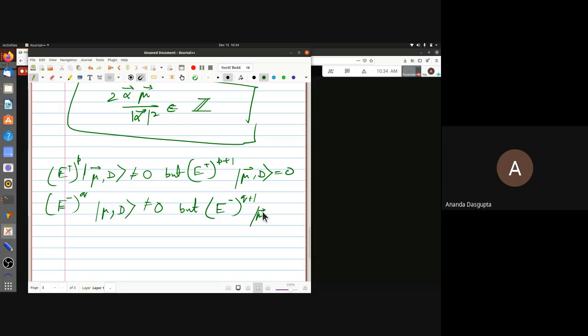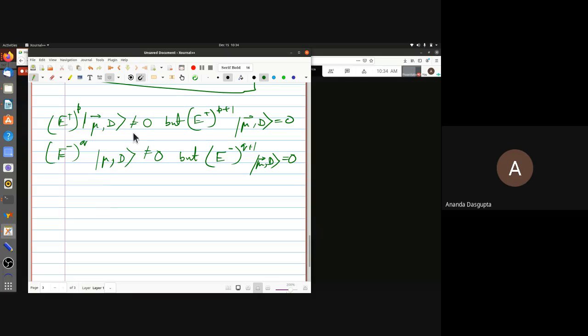You try shifting it q plus 1 times, you end up with 0. And this immediately tells me that the E3 eigenvalues for this state and this state you can immediately calculate and end up with this result, that alpha dot mu plus p, that's what you get for this state, must be plus j, and minus q has to be minus j for some j which is